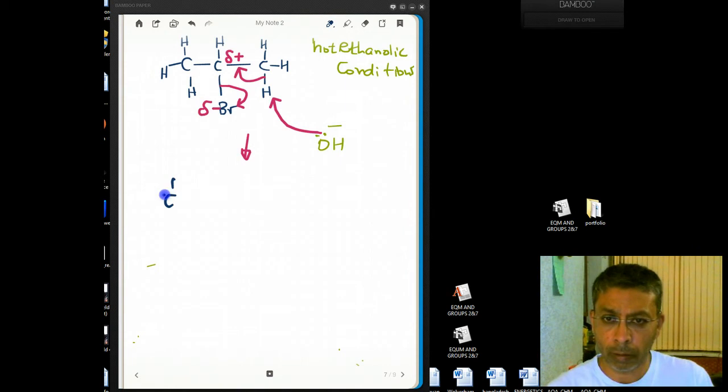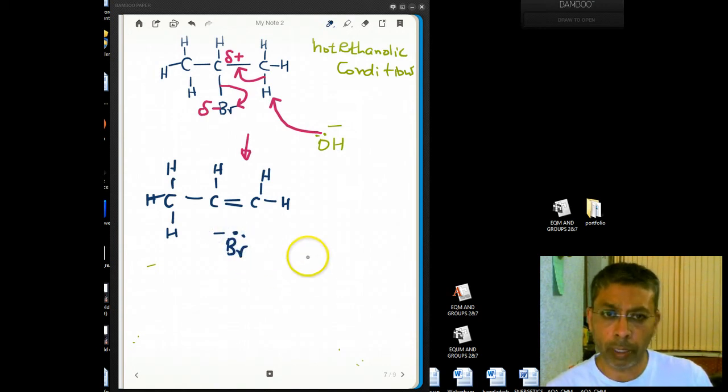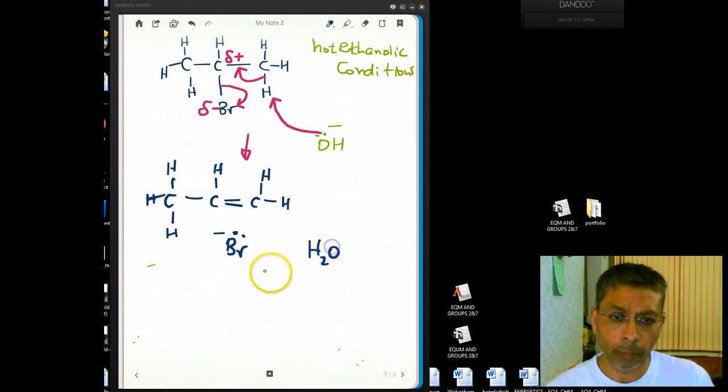this here. Let's just show you. We have a double bond there now. There we are, and the bromide has come away, and the OH and the H will make water. Okay, that bromide will join up with the sodium or the potassium that was with the hydroxide, sodium hydroxide, potassium hydroxide. So there we are, like that. And you have made yourself an alkene,